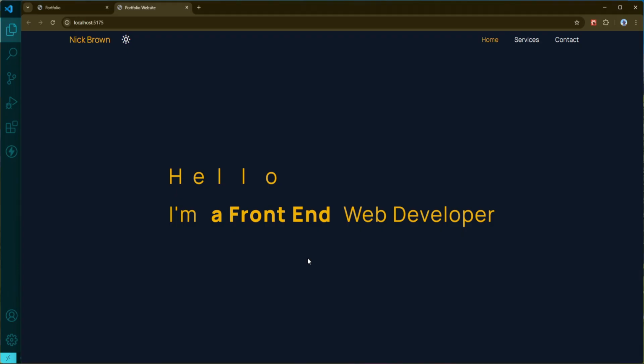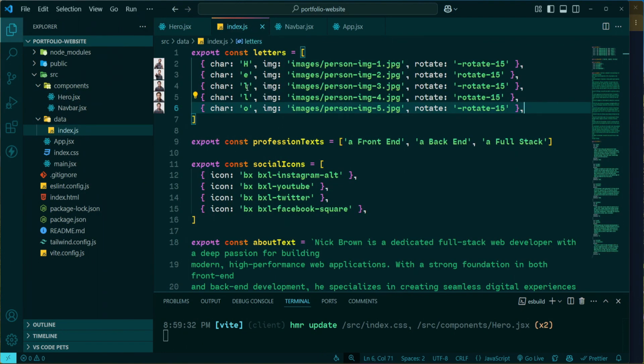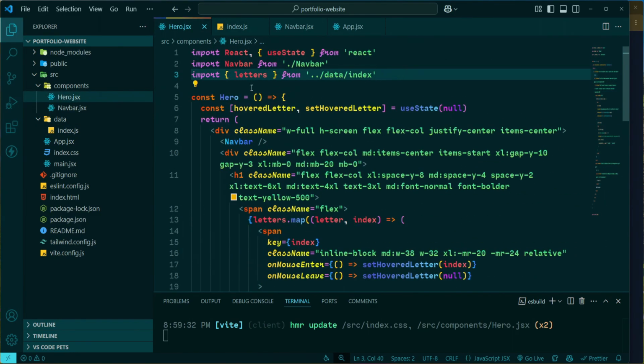To achieve this, the first thing we need is an array containing all the different profession titles we want to rotate through. We already have this array in our index.js file. As you can see, we have here the array profession text, which includes 3 different texts: a front end, a backend, a full stack. Now we need to bring this array into our hero.js file so we can use it. We have already imported the letters array from the index.js file, and what we need here is just adding the profession